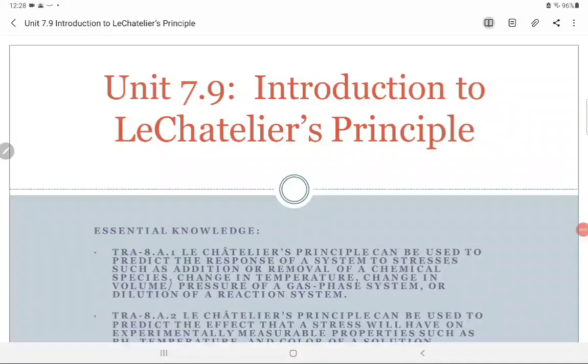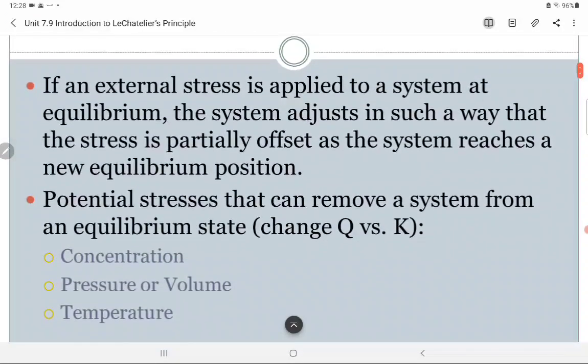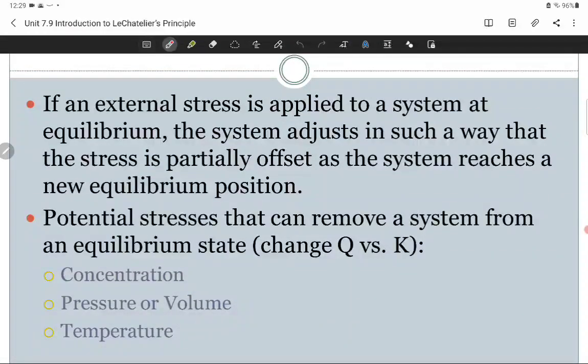Today, a very important lesson for equilibrium is Le Chatelier's principle, and we're going to use this to decide, if something happens to a system that's in equilibrium, how does it get affected by that change? So, definition, external stress. What kind of stresses are we going to be talking about? Changes in concentration, if it's a gas, changes in pressure or volume, and then most of these things,